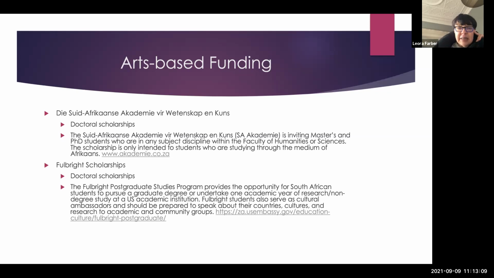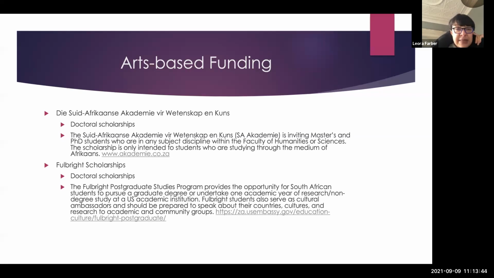And as Prof. Alexandra mentioned, there's also huge pressure and incentives offered to staff at universities to upgrade their qualifications and definitely get PhDs. So you will usually find that in institutions, there are particular kinds of support which are offered if you are actually able to get the funding from bodies such as the NRF.